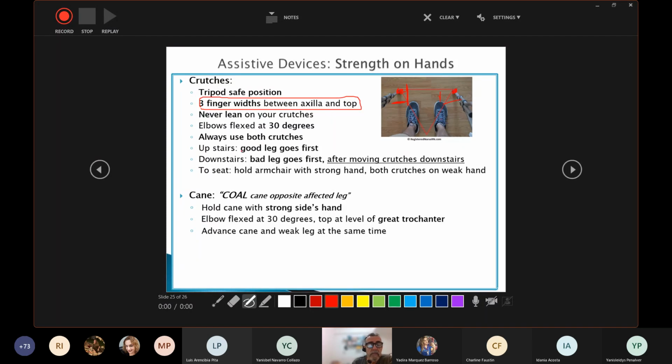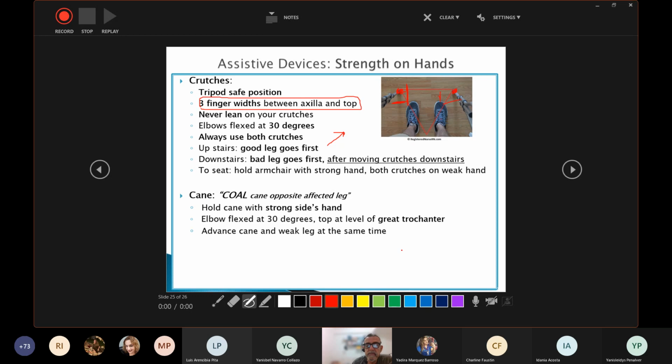Going upstairs, remember that the good leg goes first. If you have problems with memory, remember that heaven is up and good people go to heaven. So ascend to heaven: going up, the good leg goes first. But going down, remember that hell is down there, and bad people go to hell. And remember that the bad leg goes first. But before the bad leg goes to the lower step, the client should place the crutches.